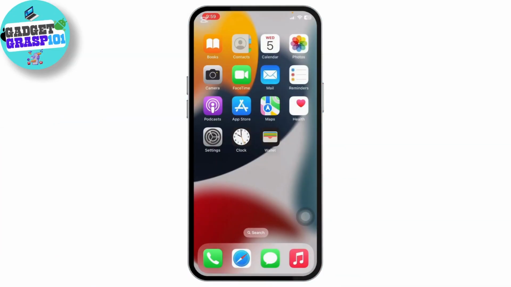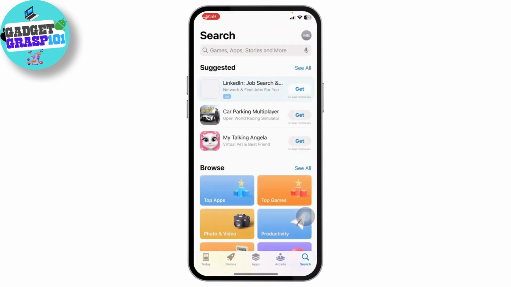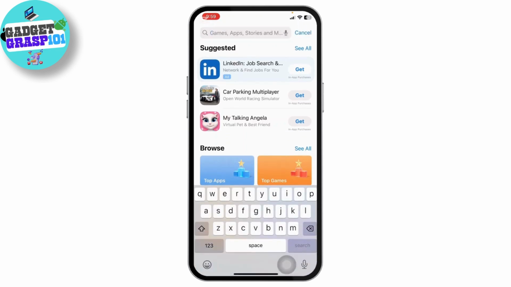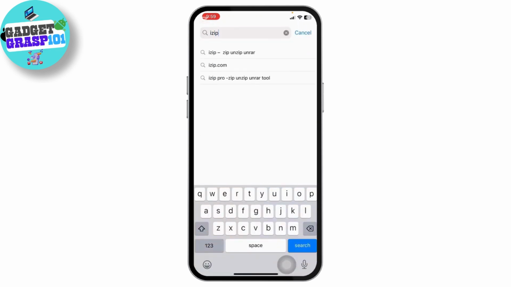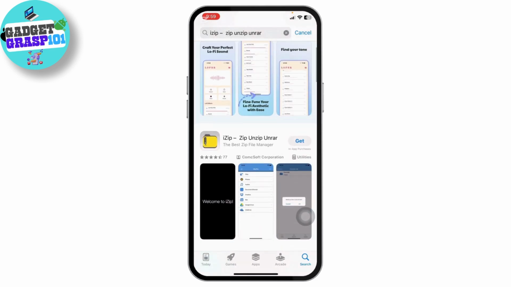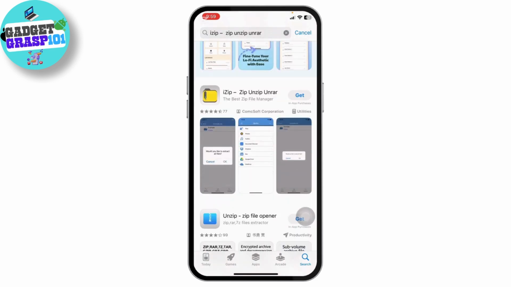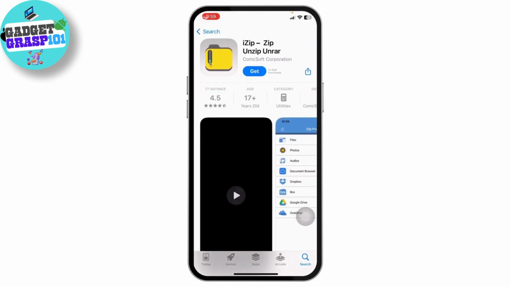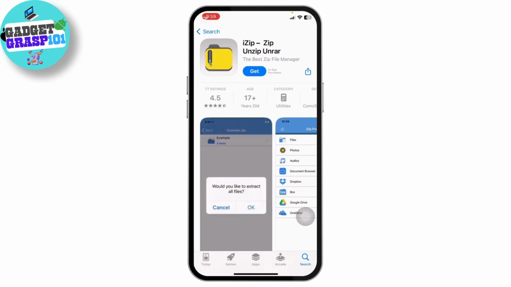In this quick tutorial I'll be showing you how you can easily download iZip application on iPhone. So first thing, simply head over to the App Store on your iPhone and just search for iZip. Once you search for iZip, it is an application to unzip your zip files. So once you do all of that, just click on this application and just click on this get